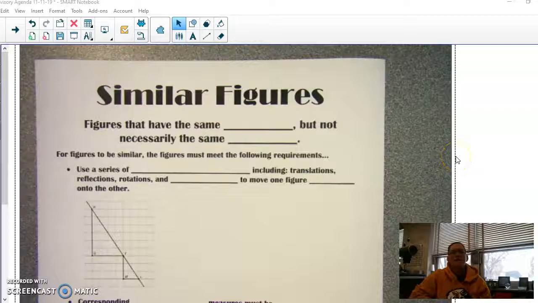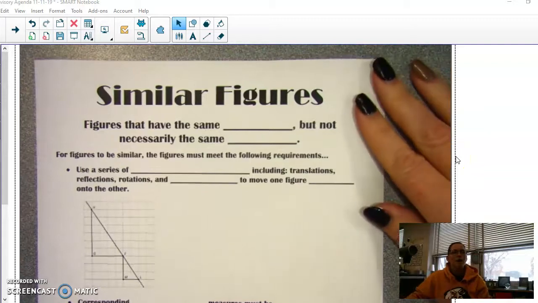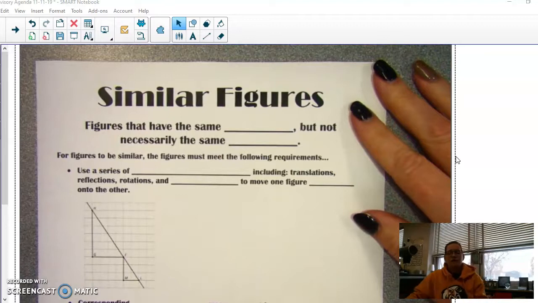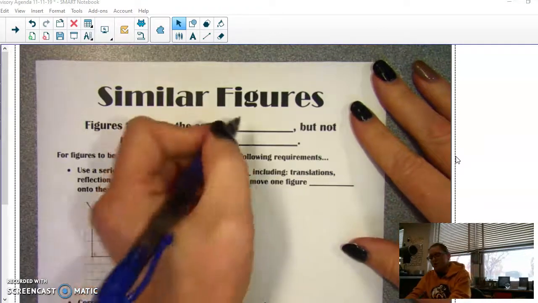Hi guys, today we are going to review the concepts of similar figures to get ready for our next quiz. So first of all, the definition of a similar figure. Similar figures are figures that have the same shape,